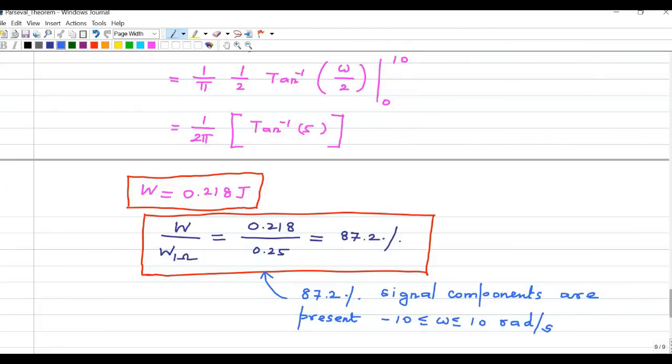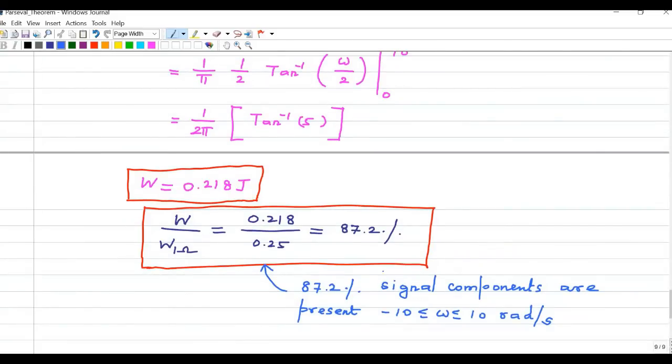So if you want to design a filter, say almost some 90% or 85% signal components are sufficient. So why waste the frequency from minus infinity to plus infinity? You can appropriately design the filter range, the lower frequency and higher frequency, in such a way that only that particular portion will be passed, with little loss of information, but you can save a lot of bandwidth. That is the idea here.